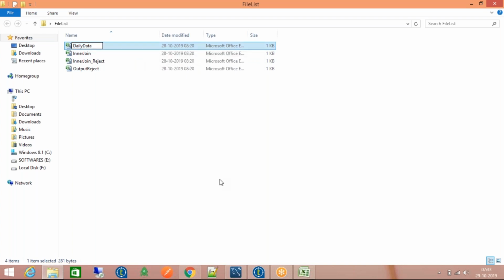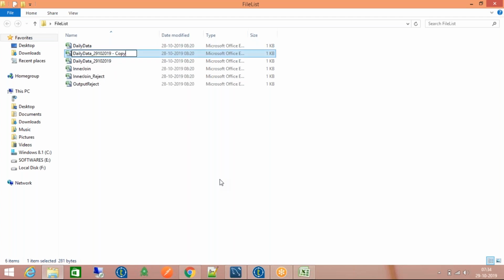Say this is how the client is passing it to us. Once you process that particular file, you just make it 29 10 2019 or something. Even if you mention it, today it's fine. What if we get the same daily file on the third day? One day is fine, two days is fine, but what if we get this data again on the third day? There should be a way to differentiate, right? You should not give the date again. You can't exclude this date. So there should be something. What I will do is, once I process it, just give some